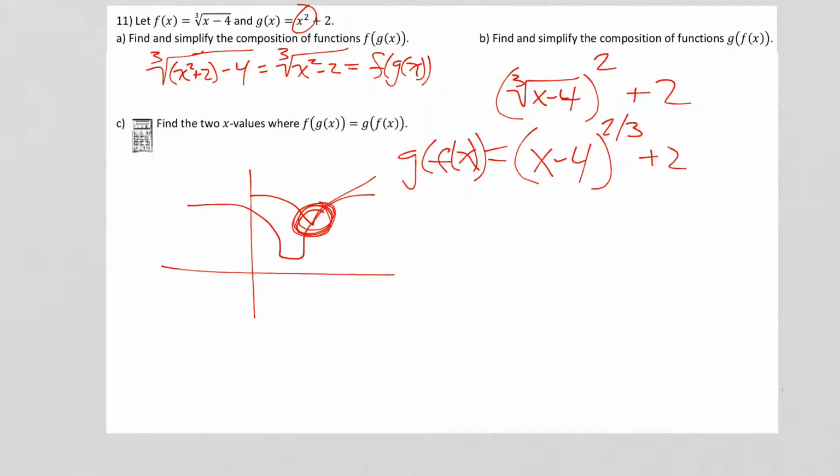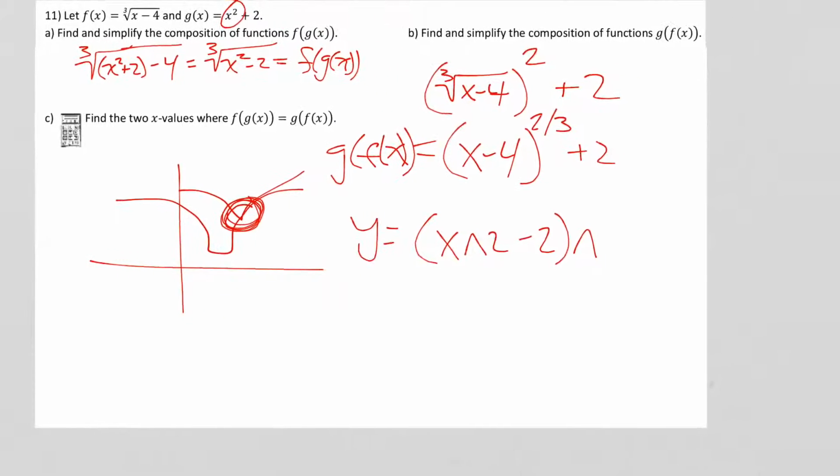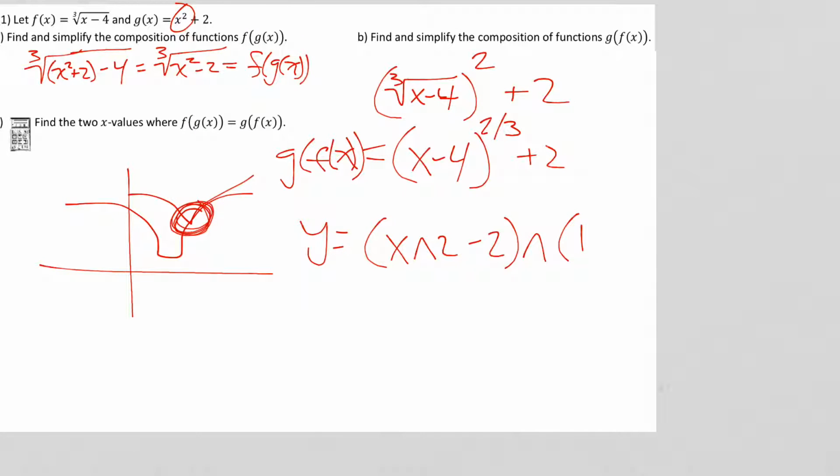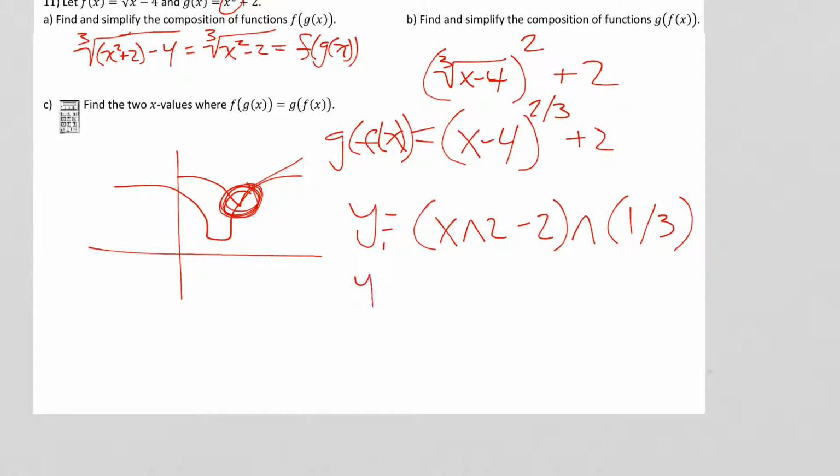So let's find them. Enter them into your calculator, y equals screen. On the top, if you can enter it in like it is, enter it in like it is. If you can't, if you're on an older calculator, you're going to need to enter f of g of x as follows. You can do a cube root, but honestly, fractional exponents work as well. So I would do x caret 2 for x squared minus 2, close the parentheses, caret for the power, and we want the cube root, so parentheses 1, fraction 3, closing. Boom, there's y1, y2, why don't you try for g of f of x,